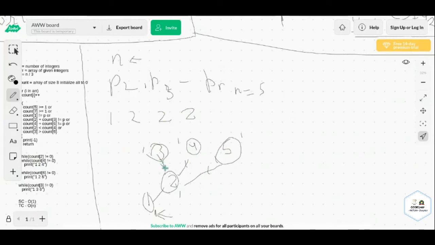ये वाला एक यहाँ पे, ये वाला एक यहाँ पे, एक यहाँ पे आ जाएगा, ठीक है। यहाँ पे 0 रह गया, यहाँ पे 0 रह गया, यहाँ भी 0 रह गया, और यहाँ पे कितने हो गए, 3 एप्पल आ जाएंगे, उनमें से 2 जो है एनिलेट हो जाएंगे और सिर्फ एक ही बचेगा, राइट। नीचे एक पहुंचा, पहले एक कलेक्ट कर चुका था, दूसरा 1 जो है वो कलेक्ट कर लेगा। नेक्स्ट सेकंड पे यहाँ पे जो एक है ऊपर से कोई एप्पल नहीं आ रहा, जो यहाँ पे एक है वो नीचे आ जाएगा, यहाँ पे 0 बचेगा, यहाँ पे एक रह जाएगा, तो वो उस एक को कलेक्ट कर लेगा, यानी आंसर अपना क्या आ जाएगा 3।